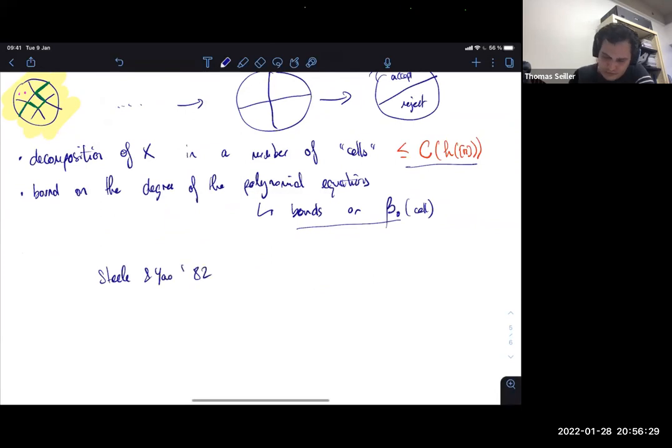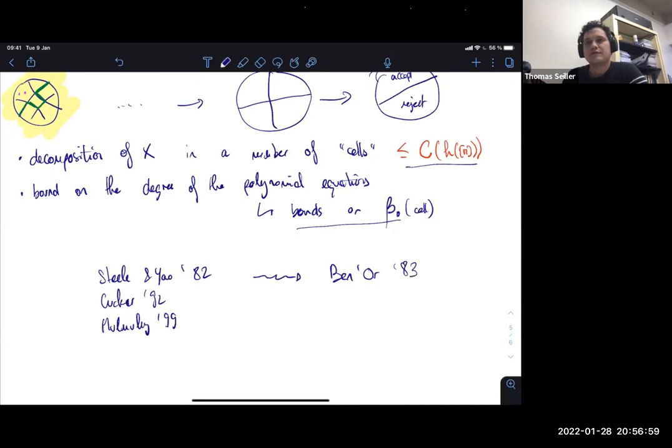results from 82. The proof of Cucker that NC on the reals is separated from P on the reals actually uses the same technique, so you can rewrite it that way. And then you have normally 99, right? And then what we did is we realized that Steele and Yao was actually refined. So it's a very simple idea, right? It was refined by Ben-Or to include divisions. And you can do the same thing